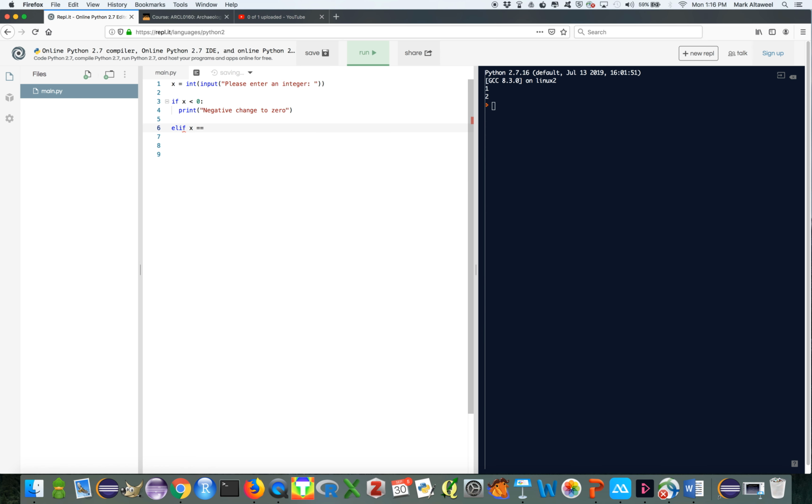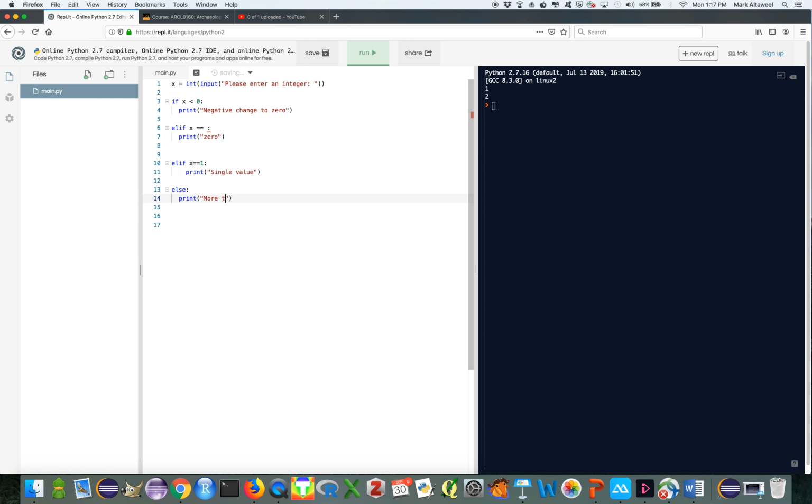If it equals 0 in this case, we'll print 0. Okay. Else if x equals 1, then it prints single value, something like that. And then finally, if it's anything else in this case, it'll print more